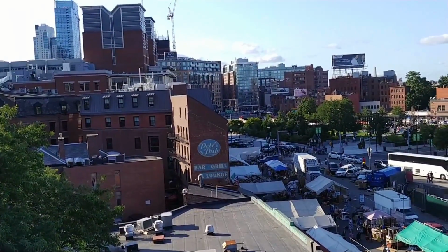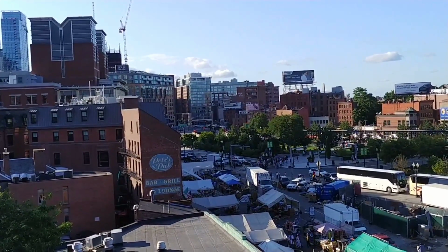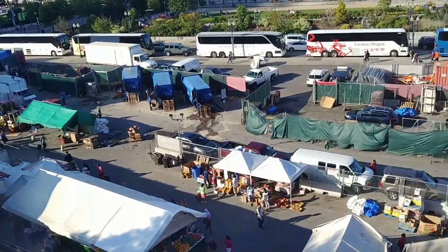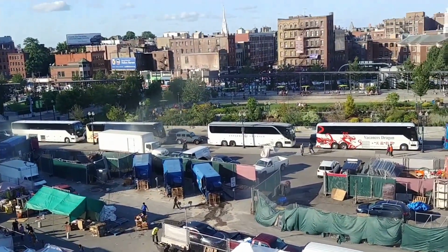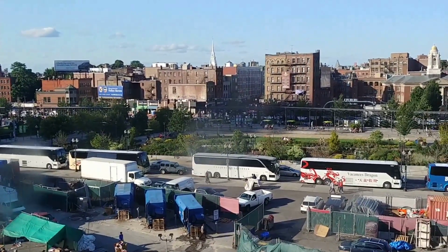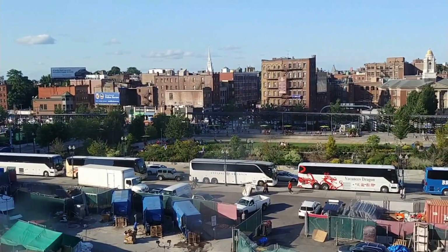There's a festival going on today, so the city is packed with people. There's tourists, there's locals out, a lot going on. The farmers market here is wrapping up. So it's very busy, and it's an interesting thing. There's a lot going on, there's a lot of good food, and it's pretty cool. Kind of a nice energy. A lot of families are out,